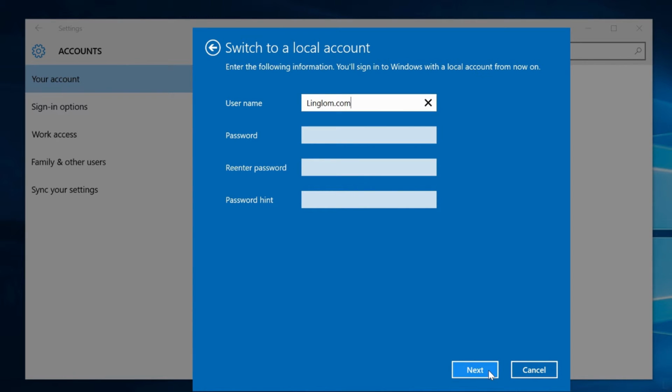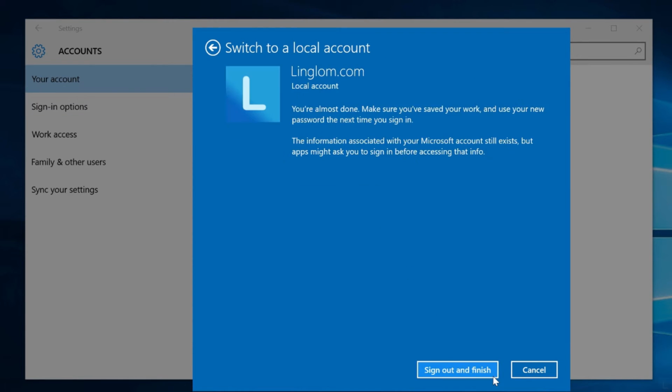Then enter the username and password of the local user account. If you don't have an existing local account, Windows will create a new one. And click Next to continue. Click Sign out and Finish to confirm.